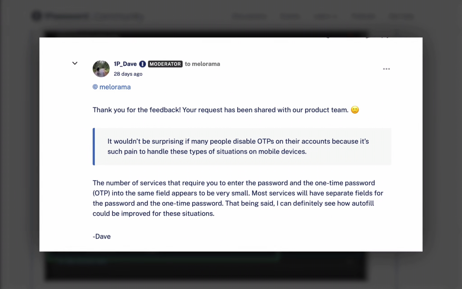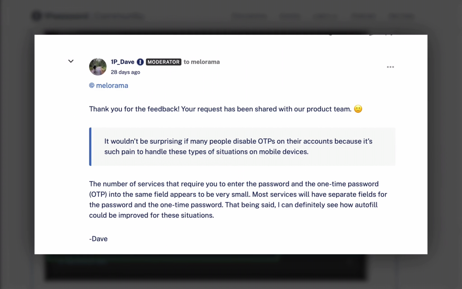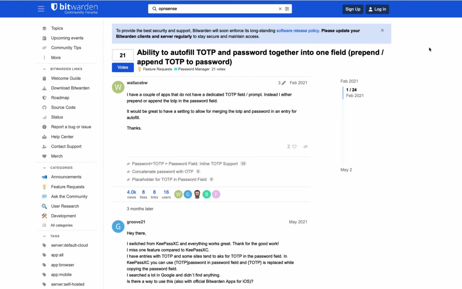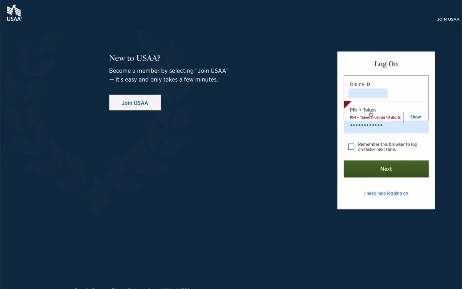So that's very disappointing, but this is a very common issue. And in all fairness to 1Password, this is also an issue with Bitwarden. There's a similar request on the Bitwarden forums, and it turns out the Bitwarden developers also don't seem very enthusiastic about going out of the way to accommodate situations like this. Despite the fact that this is not a super huge edge case. Granted, it is an edge case, but it's not a gigantically small edge case